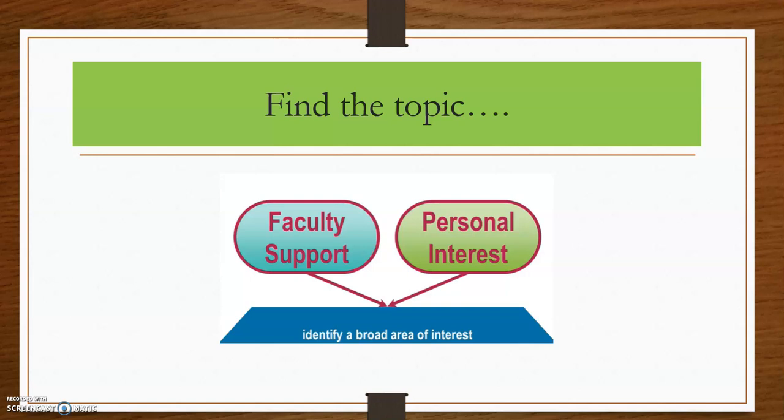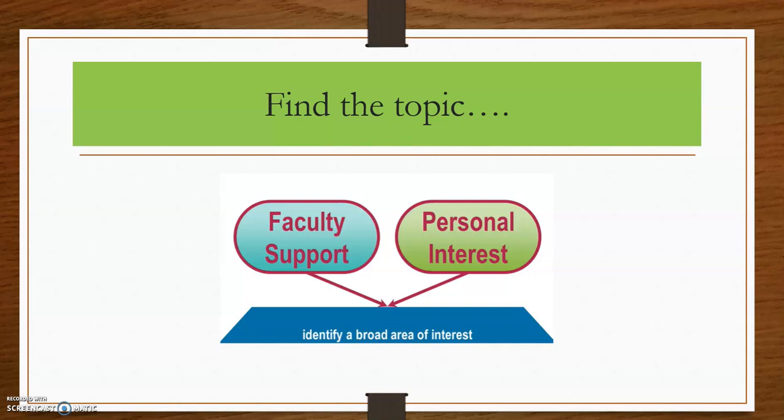However, when you select an issue or topic from the internet, you must reflect on what faculty support there is and what your personal interest is as well. For example, if you want to study mathematical modeling collaboration, which is really rare in our department, I don't think that the faculty can support you. In other words, there is no supervisor who can advise you or help you develop that topic. So it can be very difficult for you to complete your thesis.